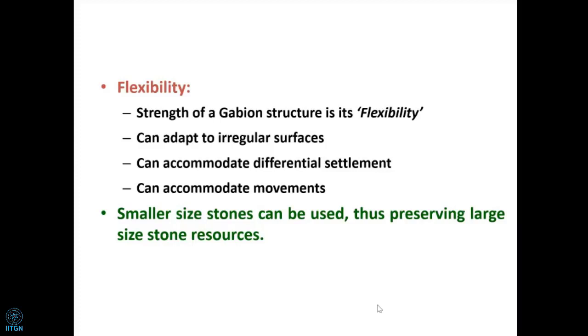But the bigger stone has got a disadvantage. Bringing it to the site or handling it at site, you require mechanical means. Human beings, simple manpower cannot handle it. Whereas, if you think of a sausage or the gabion, where small stones could be put in and packed, a bigger, equal armor kind of a thing can be created.